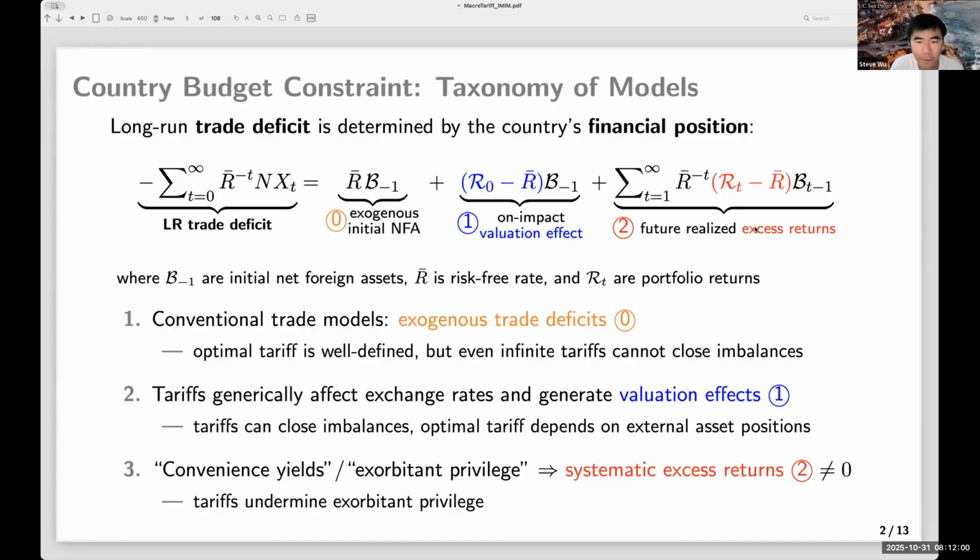So it will be the opposite of a convenience yield in some sense. No, it actually goes in the same direction, right? Because it wipes out part of your liabilities, just like convenience yield reduces the return on your liabilities, right? But convenience yield means investors are willingly taking it because there is some convenience of holding those assets.